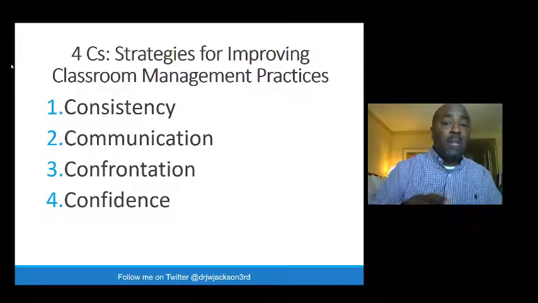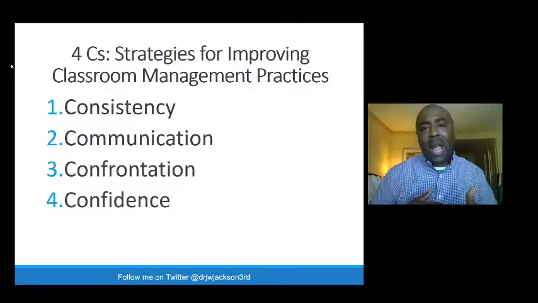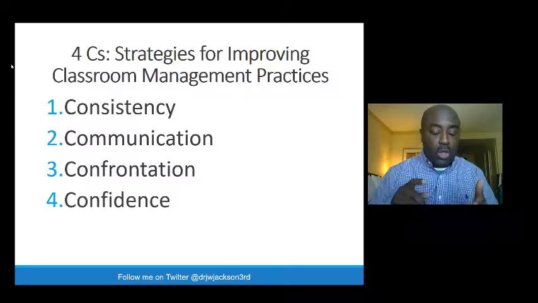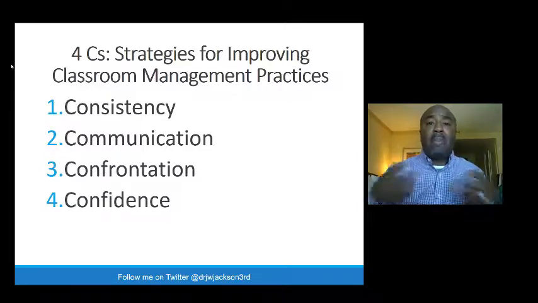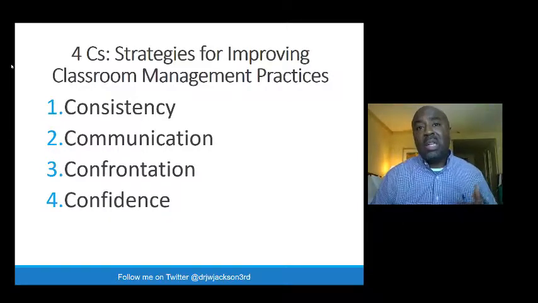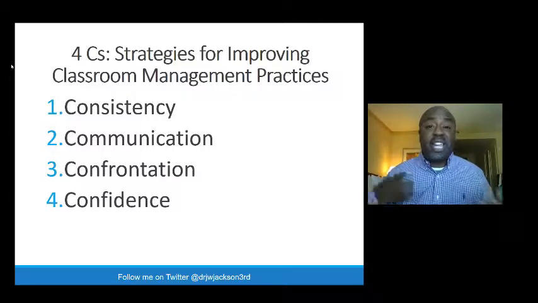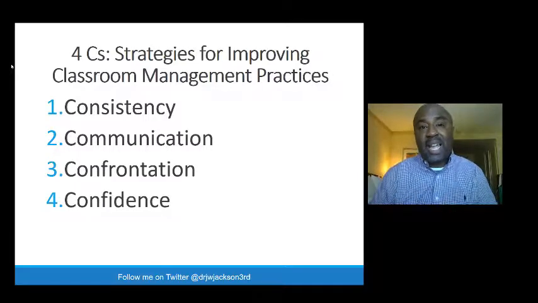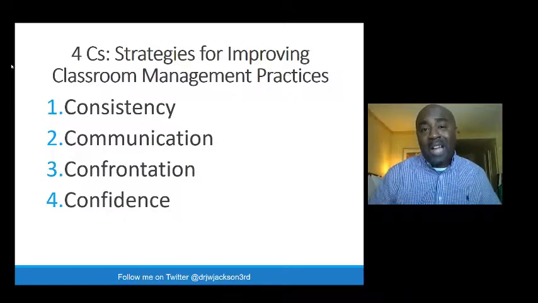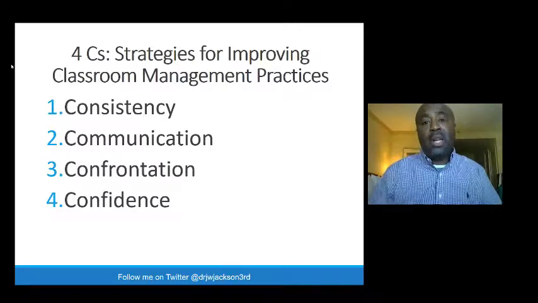And last but not least, most important to see is confidence. You've got to keep your confidence intact. What happens is when people take things personally, when people think that they're the problem or that they're not being successful with the student, they take it personally. They believe the things that are going on are the kids getting mad at me, and I'm just tired of this. And when that is the case, we're always going to lose. Your confidence must stay intact. You're not going to be able to teach and have any presence in a classroom with broken confidence.